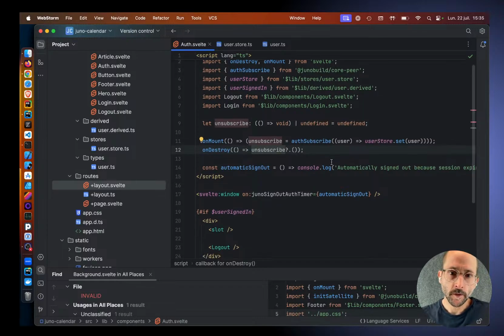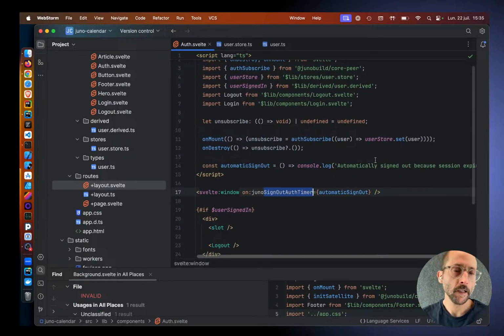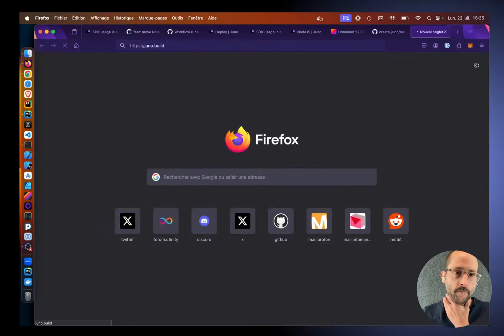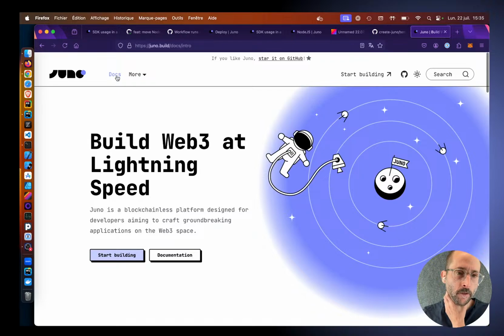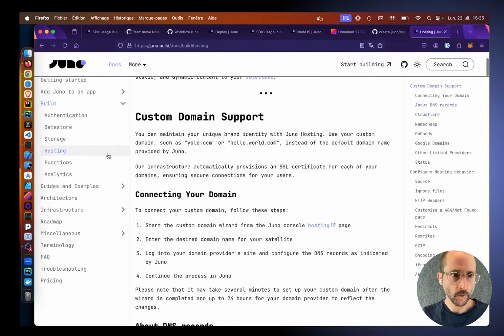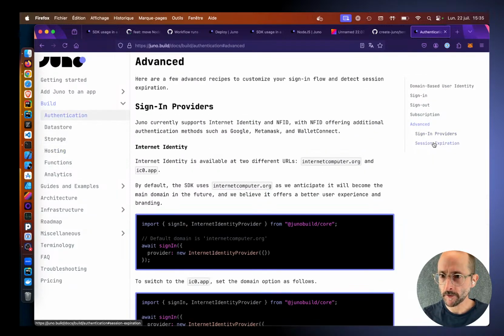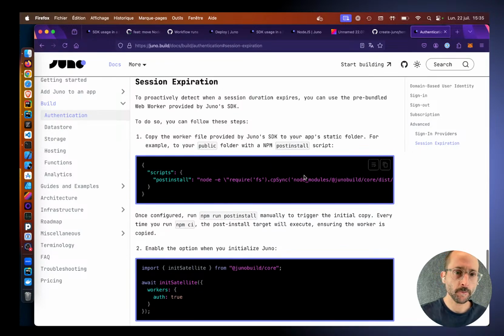What I've also done is, you see here, there is a window listener for the sign out auth timer event. Here I don't really use it, I just do a console log. But what that does is, if you go to the authentication, no, sorry, not hosting, the authentication, you have advanced, and in advanced you have session expiration. So